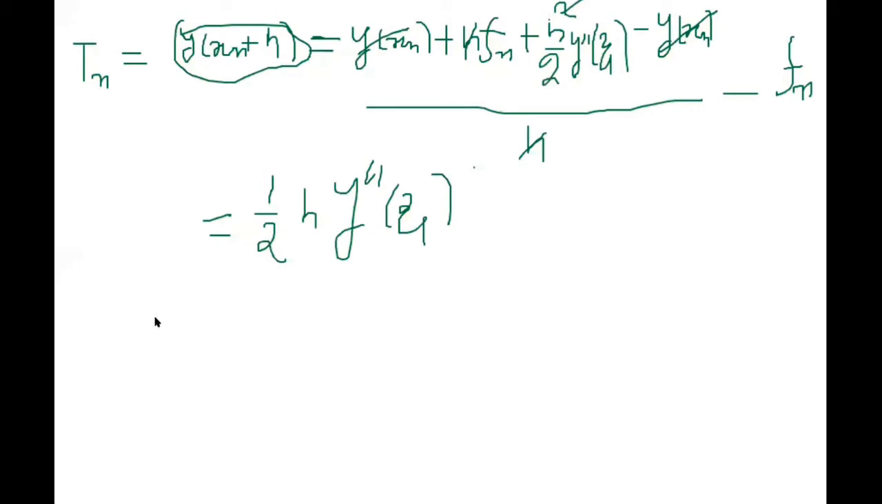Tn is equal to y at xn plus 1 minus yn plus 1, which I denote by en plus 1. Then minus y at xn minus yn, that is we denote en. So in the numerator we have that Tn is equal to en plus 1 minus en divided by h, and this